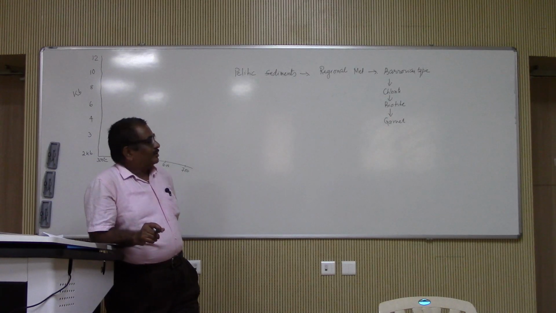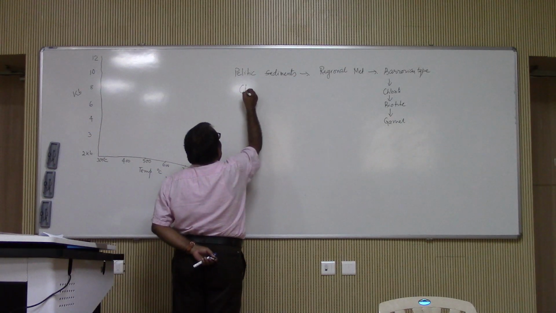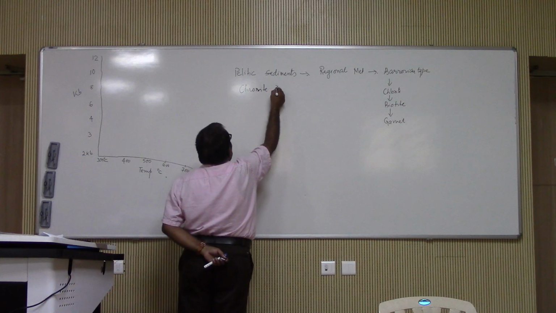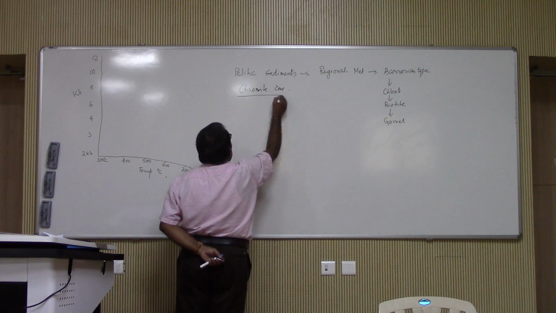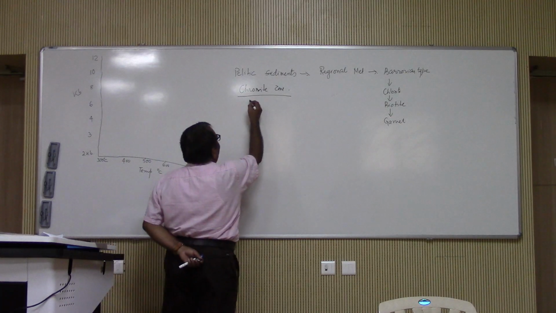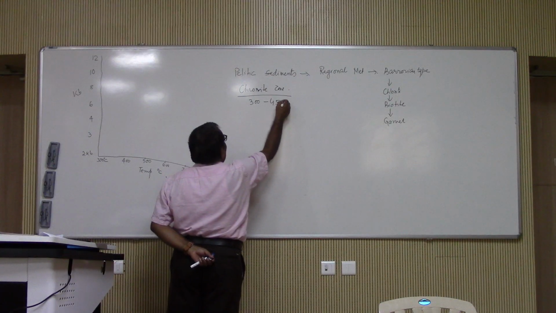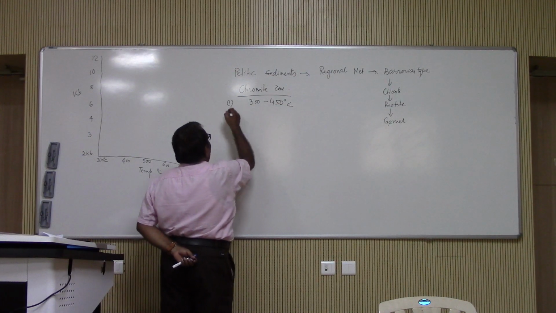So the chlorite zone, today we will see this part. First we will see this part, chlorite zone. What is the temperature range here? He gives a temperature range of 300 to 450 degrees centigrade. First point,